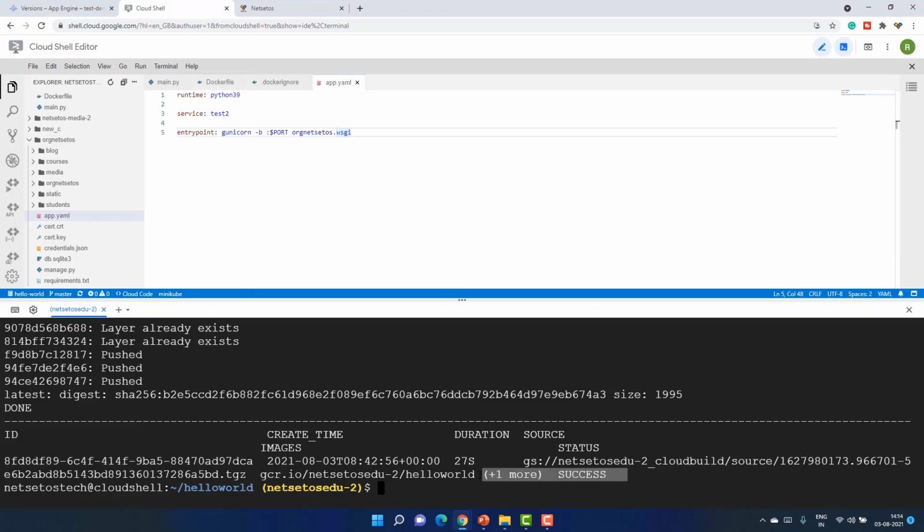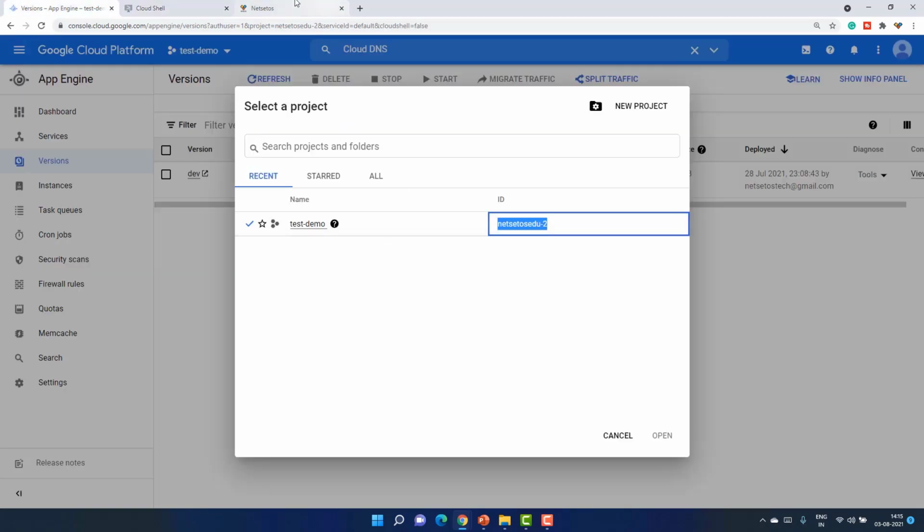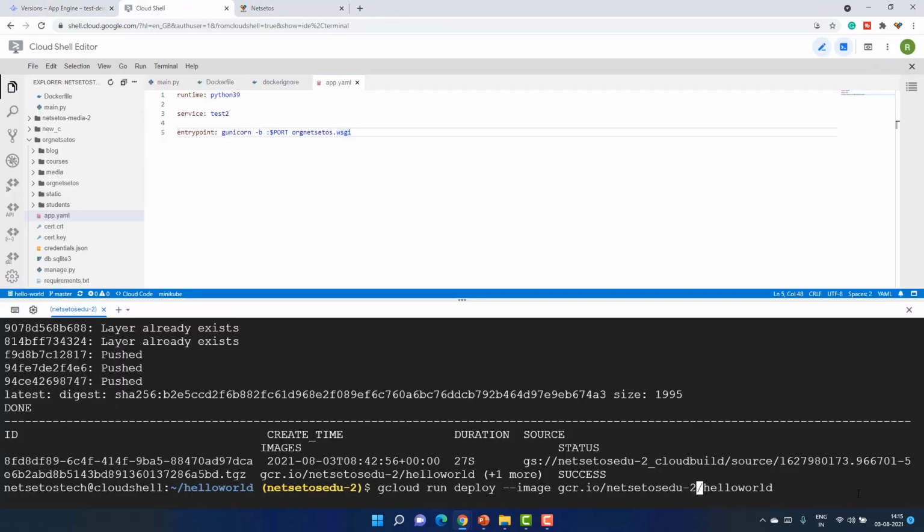As you can see, we have a success and we have our own Cloud Build image hosted here. So right now the next step is we have to deploy our application to Cloud Run. For that purpose we have to run our command, that is gcloud run deploy --image and then gcr.io, and we have to give that path. Here again we have to replace the project ID with our own project ID. That will be different for you and it will be different for me. So I will just go back again and replace it here.